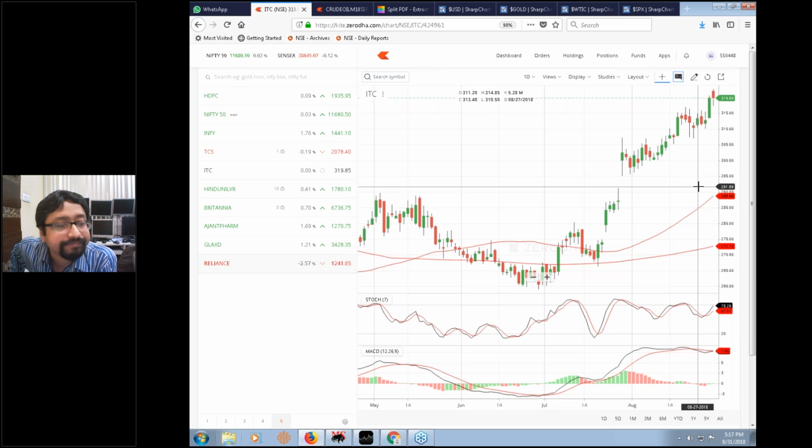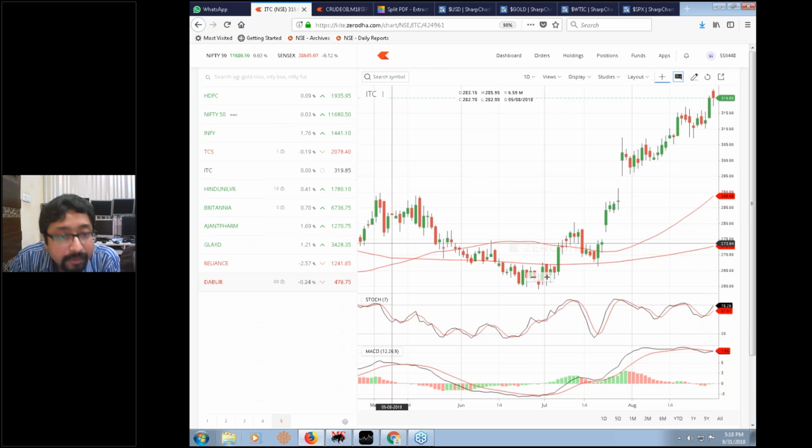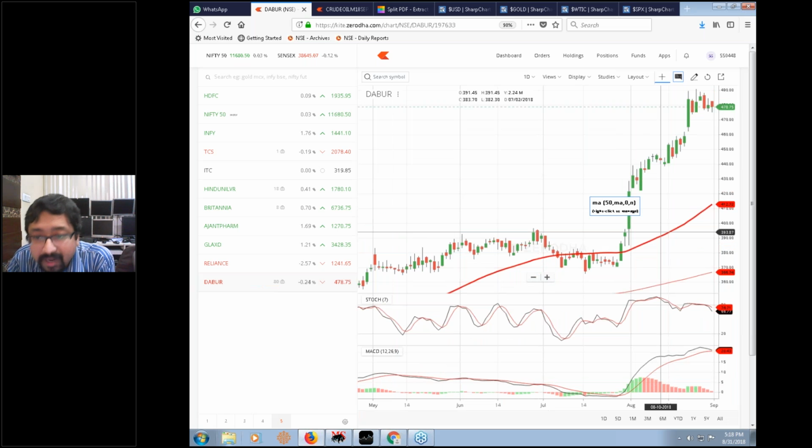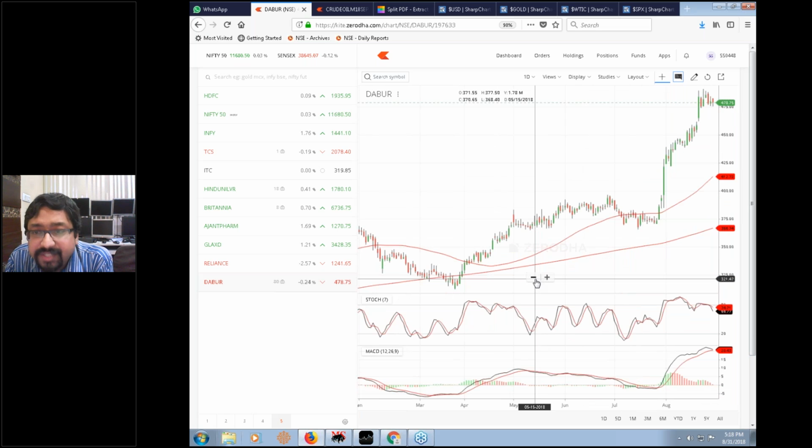There are other players as well. There are Hindustan Unilever, there are likes of Dabur. Dabur has been showing strong momentum. This is a chart of Dabur. Yeah, as you can see, from the last week of July itself, Dabur appreciated pretty heavily. There is strong momentum, and right now it is consolidating a bit,